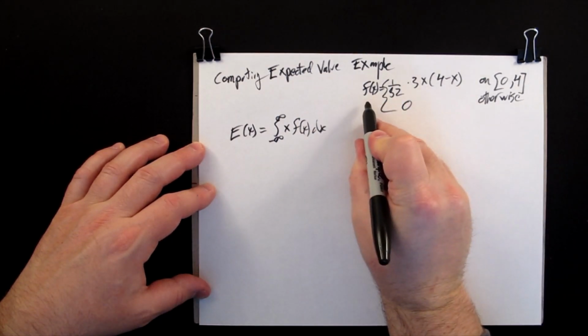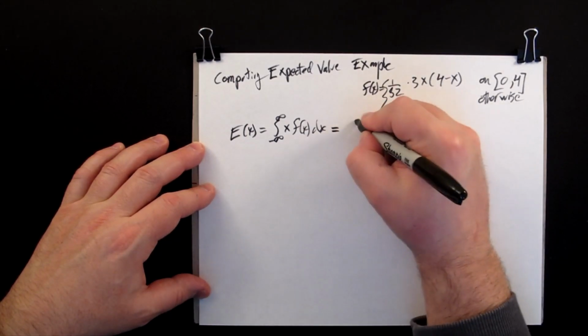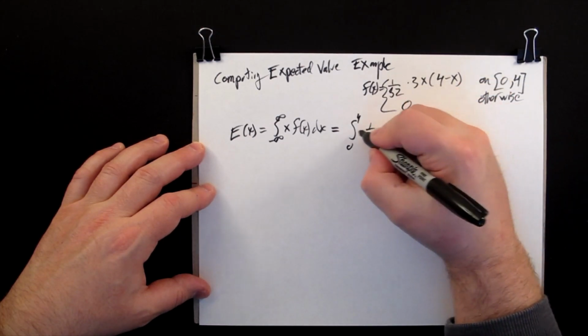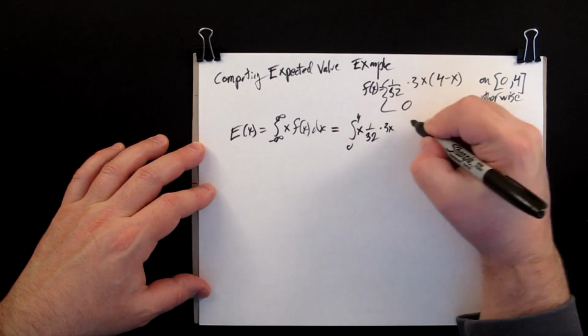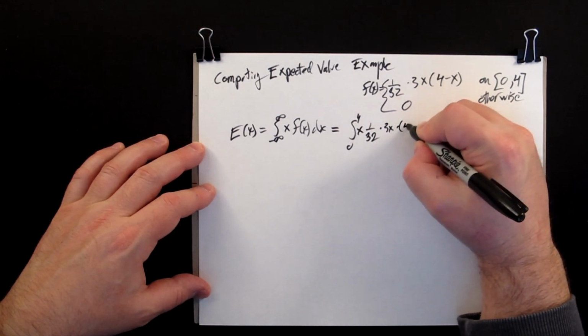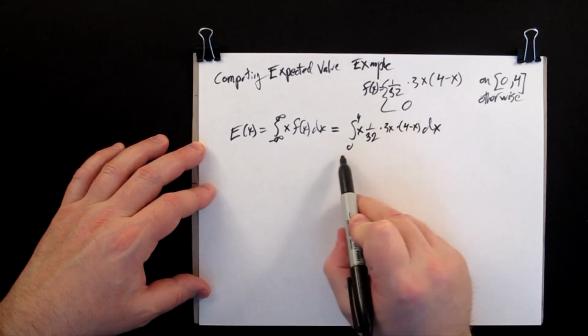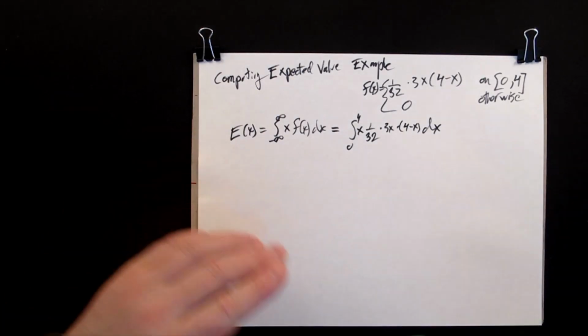Okay, our function is this, and we know that it's going to cut off at 0 to 4. So it'll be the integral from 0 to 4 of x times 1/32 times 3x times (4 minus x) dx. Okay, and so now all that's left is to compute this. Before I do that, just again,